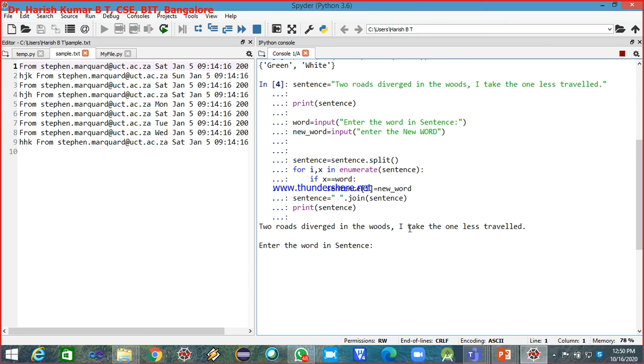Now I have to change this take to took. So this is the word in the sentence, and the new word is took. Okay, so done. See, such a simple program, replacing. You might have already done these types of examples earlier in the C programming language, correct? No? But there it was a little difficult, and here it is so easy, because you have many built-in function supports, and using that you can easily do it. So hope you people understood this example.